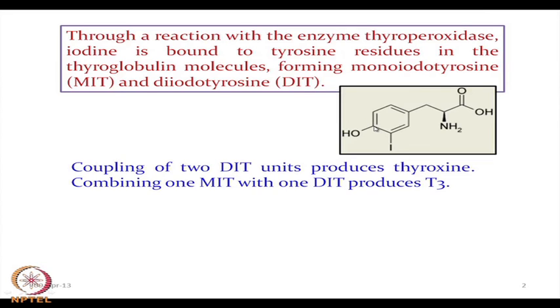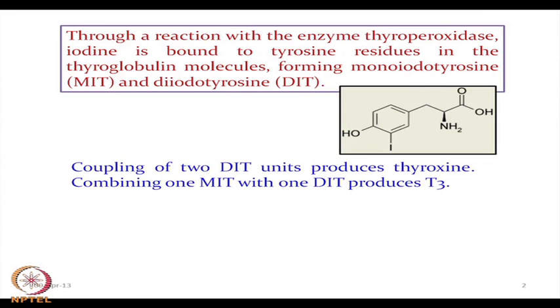All these 4 positions can be iodinated to produce the T4 molecule, and when we combine one MIT with one DIT, it can produce the T3 molecule, which is a much more effective molecule in terms of thyroid activity compared to the T4 analog, because we always get the T3 molecule from T4 through a deiodination reaction. There also we should take the help of deiodinases, which are selenium based molecules that we will discuss